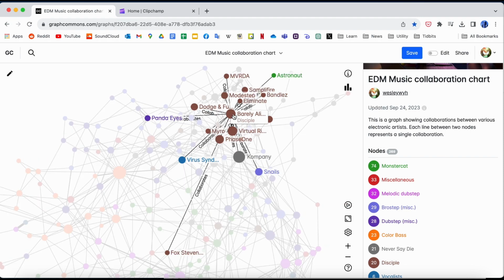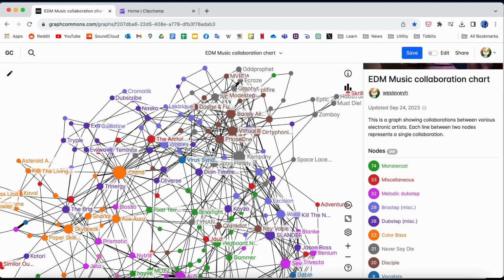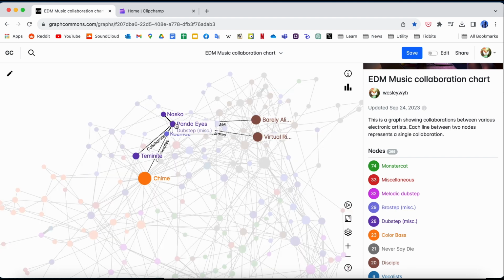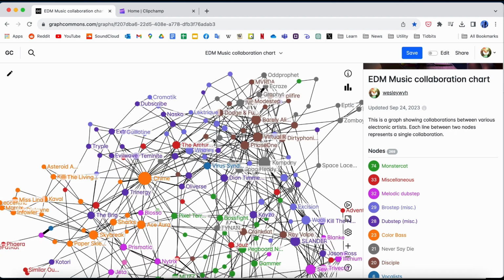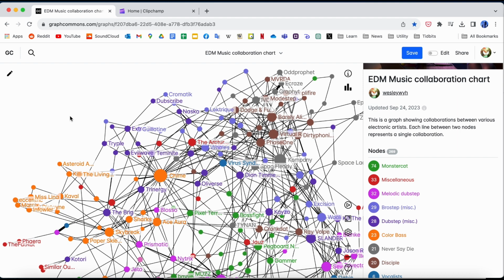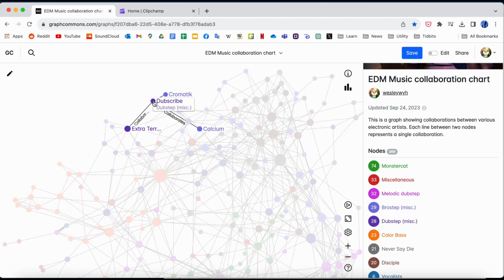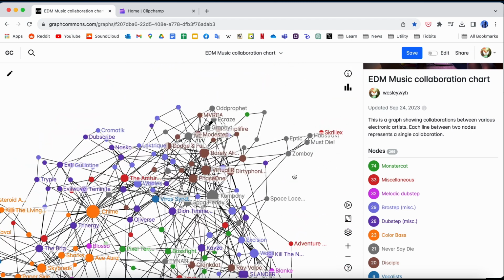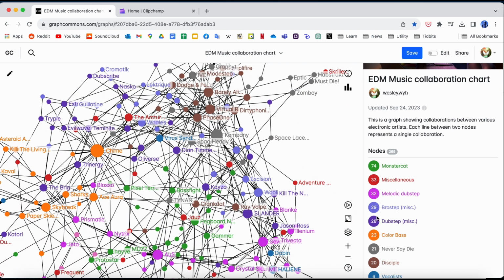And the brown ones here are Disciple, and this is kind of a mistake that I made, in that I made two categories for pro dubstep for some reason, even though most of these artists make pro dubstep. The thing about this website is you cannot change the type of node once you've made the node, and it's the one fault I would have with this website, which has otherwise been really good for making this sort of graph. If I wanted to recolor to merge these two together, there was no easy way to do that.